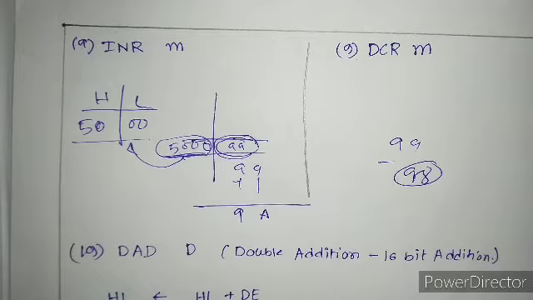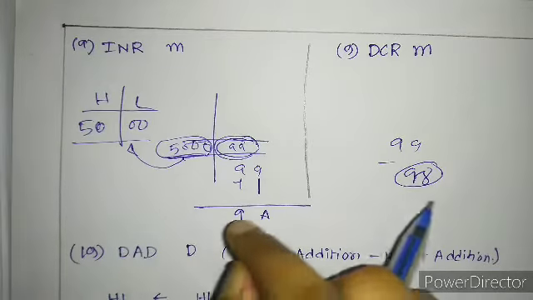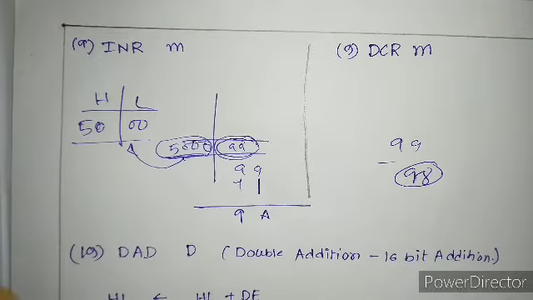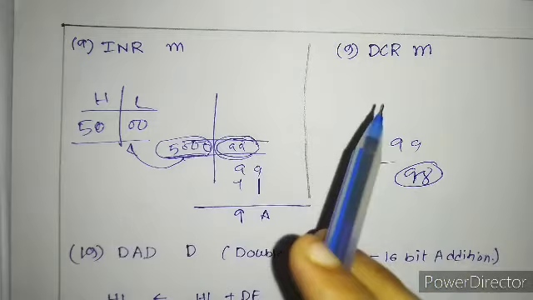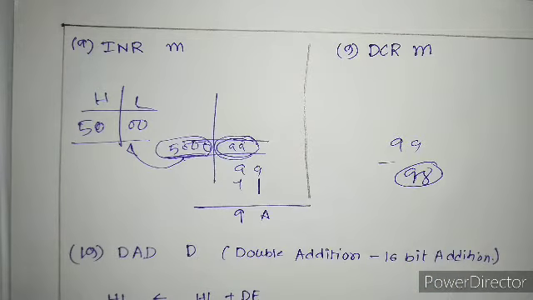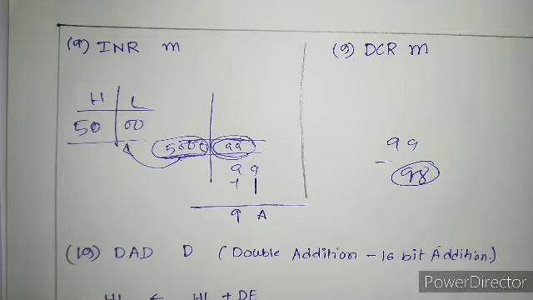Simple instructions. INR register, DCR register means increment register or decrement register. INX and DCX, X means register pair. I have told this maybe 10 times in the previous video. This means you have to increment the value in the register pair, and DCX means you have to decrease the value in the register pair. So these were the simplest instructions in the arithmetic instruction group, which has a total of 18 instructions.